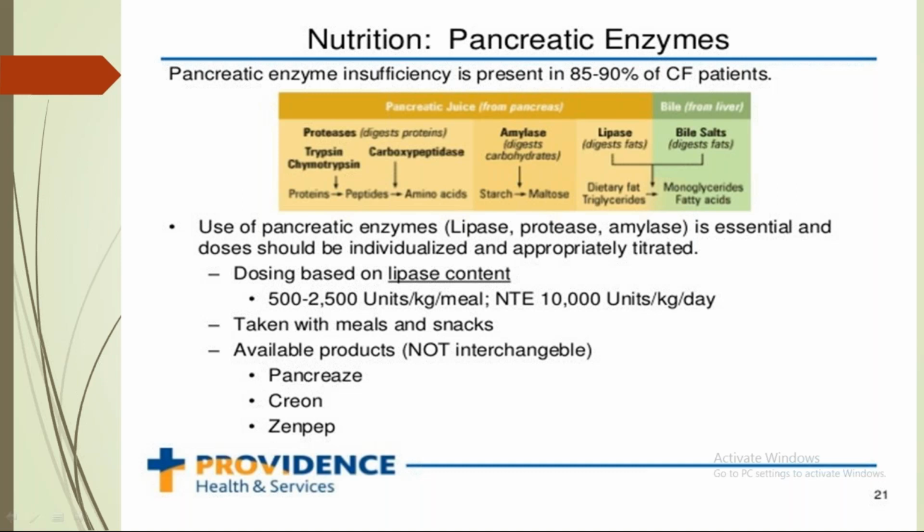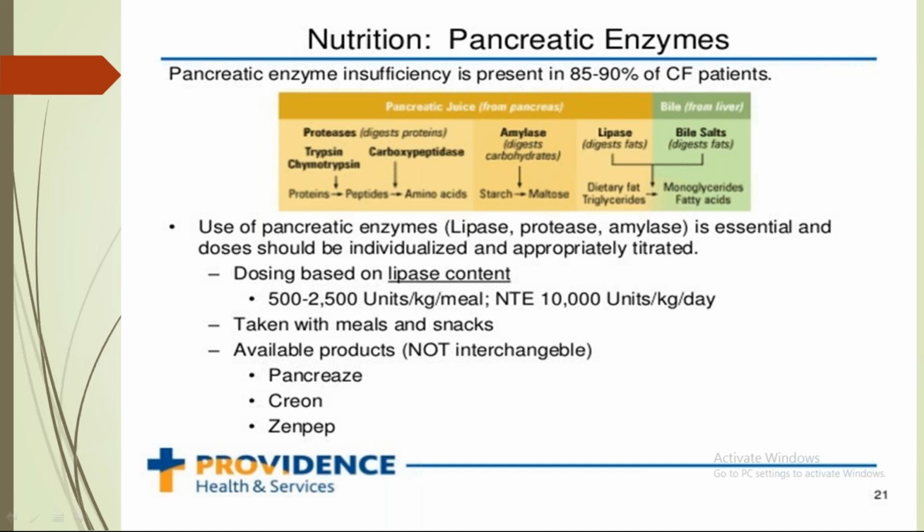Next, they are also deficient in amylase, which digests carbohydrates. It converts starch, a complex carbohydrate, into simple sugars like maltose. And they have a deficiency of lipase, which digests fats. It converts dietary fat into monoglycerides and fatty acids. So patients with cystic fibrosis have a deficiency of these proteases, amylases, lipases, and bile salts,